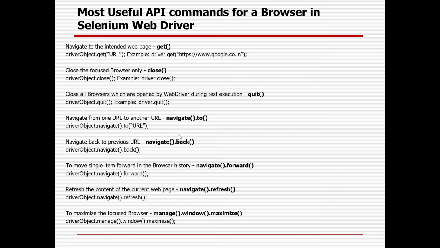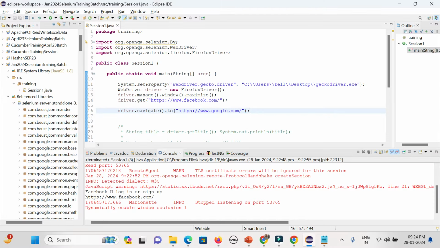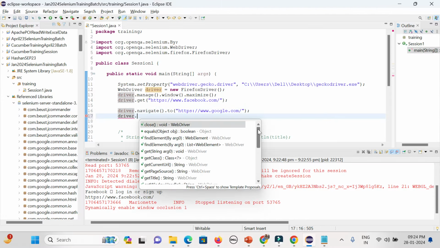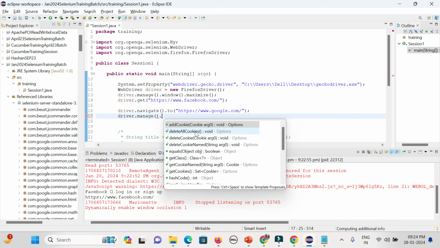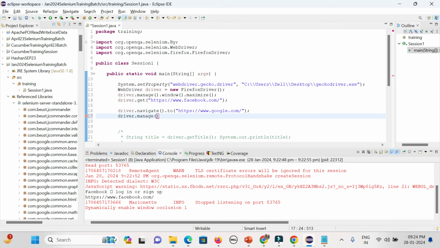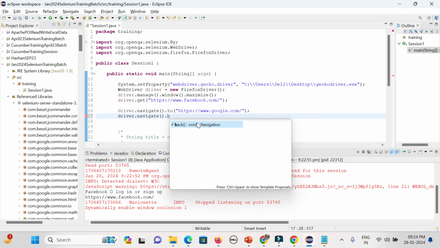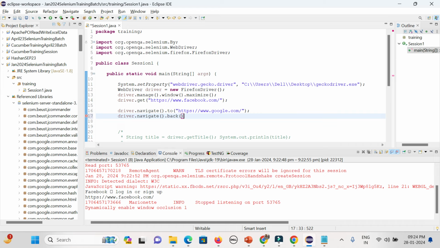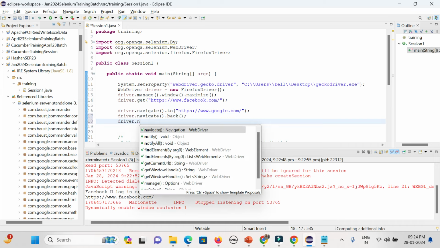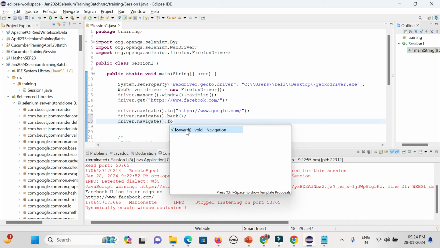So what is the method? driver.navigate.back. And driver.navigate.forward to move the page forward.